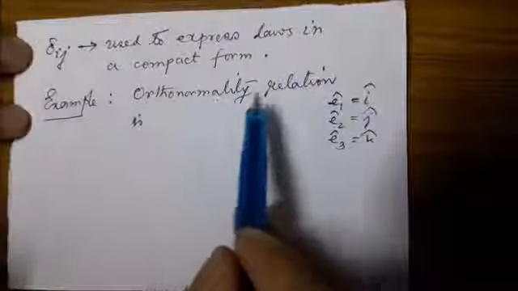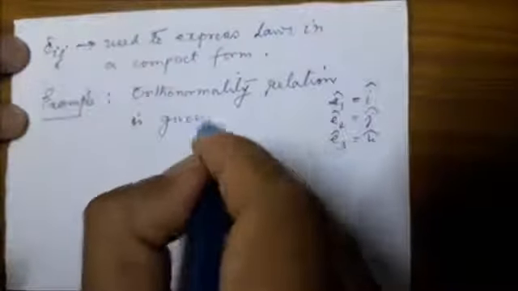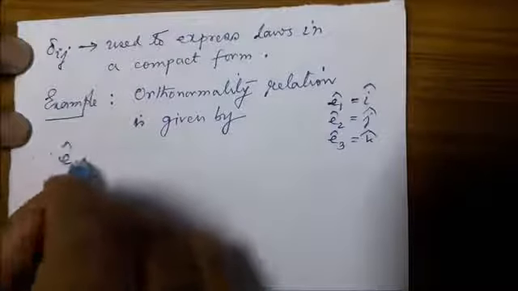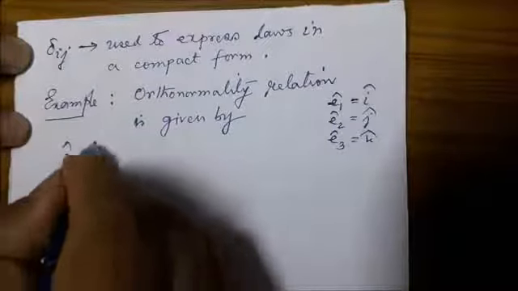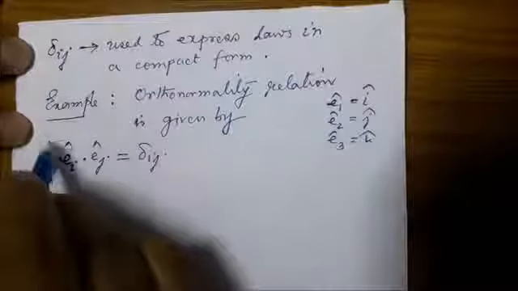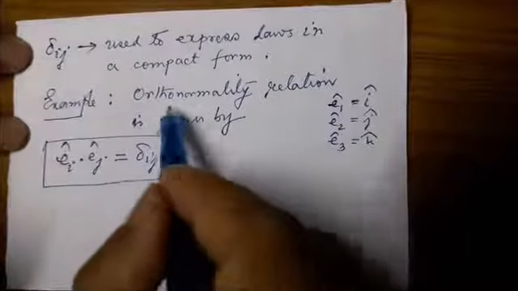The orthonormality relation is given by e_i cap dot e_j cap is equal to Kronecker delta. We'll discuss this